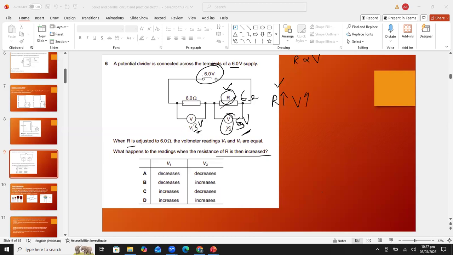So it means 6 minus 5, we will get 1 volt. So it means V1 reading will decrease and V2 reading will increase. ठीक है, क्योंकि V2 की रीडिंग इंक्रीज हो रही है तो ऑटोमेटिकली V1 की रीडिंग डिक्रीज हो जाएगी. So well done, Hafsa. B is the correct answer, that if I'm increasing the resistance value, the voltmeter reading will increase across this resistor and this voltmeter reading will decrease.